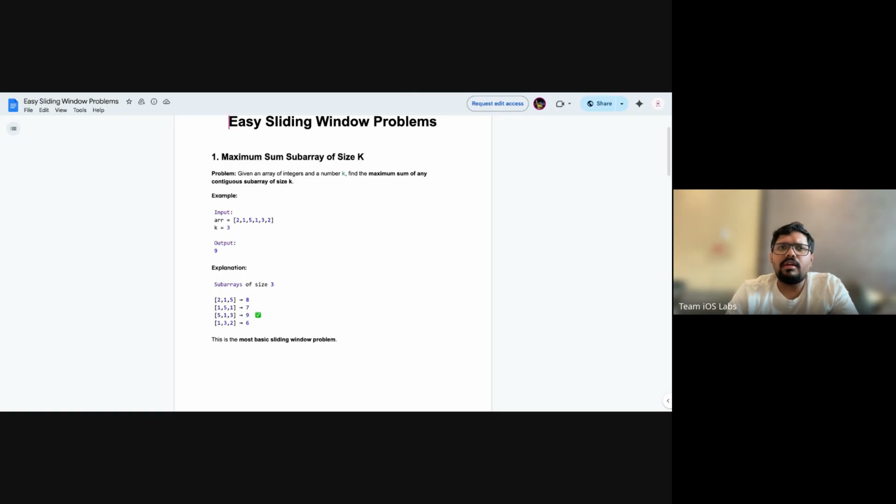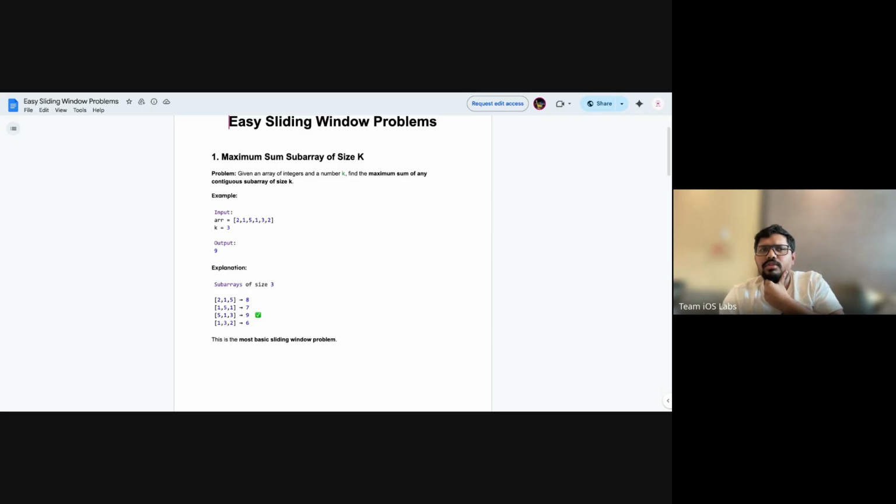Similarly, I would recommend you solve some problems with the two pointer approach as well. We already saw two problems. I hope you also understand this problem, and you can even solve more problems based on it. It is again a very easy problem. With two pointers, you can easily solve it.